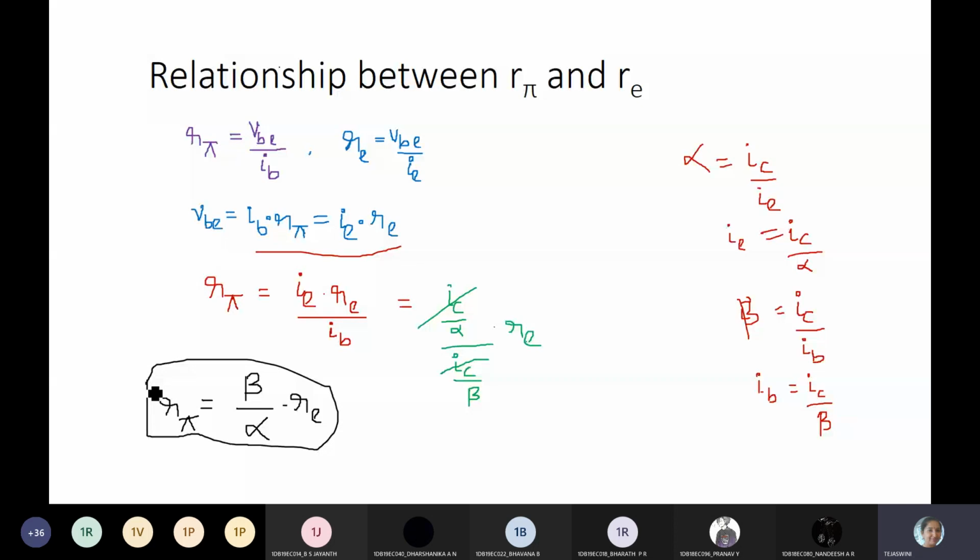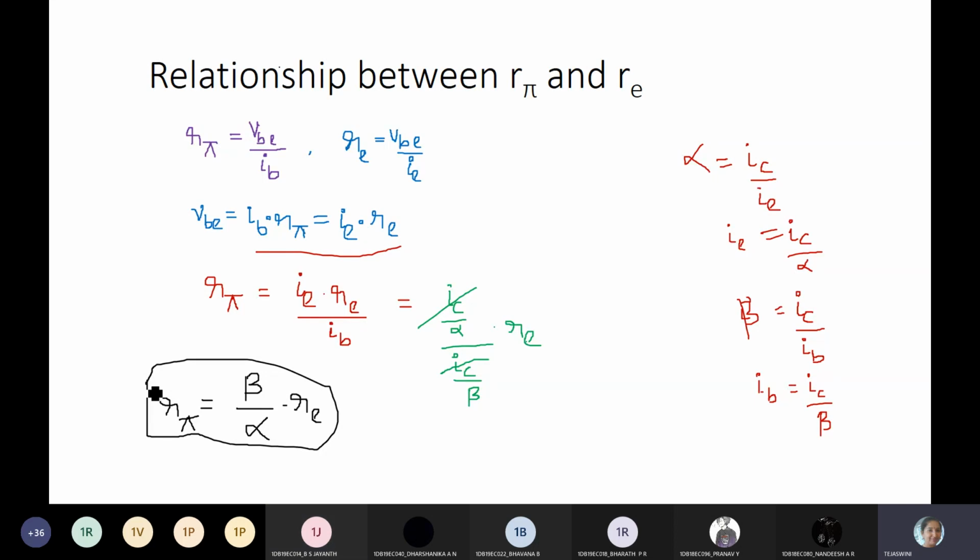In this module, you can't predict what question is going to be asked. Biasing, by default, you will get a biasing question. And sometimes they'll ask you for small signal operation. You need to derive these expressions for 10 marks or 12 marks. They can ask you to find the input base current, the emitter current and the voltage gain. Only a few topics are there in the first module, so those topics are important. You can expect direct derivation, or derivation and explanation, or you may get a problem on biasing. So is this clear with the relation? Yes, ma'am.